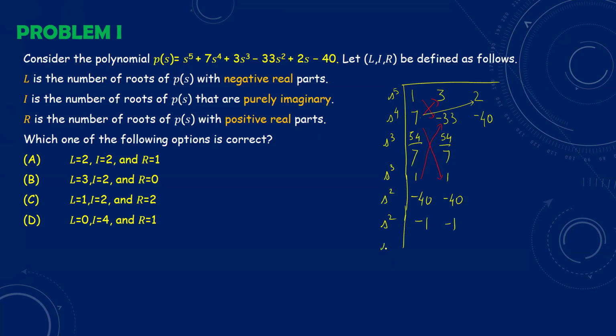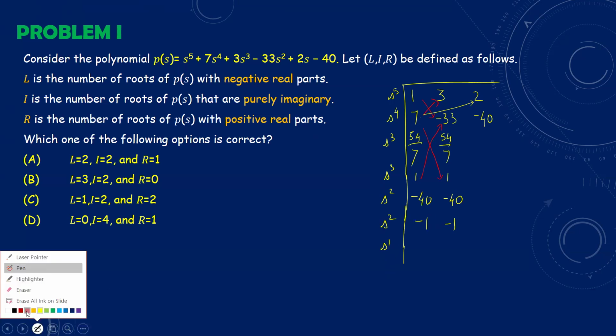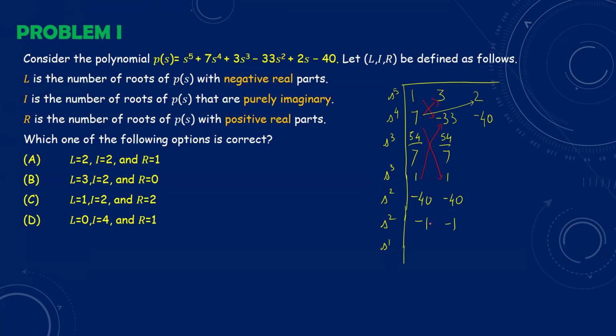Okay. For the S power 1 row element, we need to take the S square row elements and S cube row elements for the calculation. So for the S power 1 row element, minus 1 into 1, minus of minus 1, it will become 0. So the S power 1 row element will become 0. If we get 0,